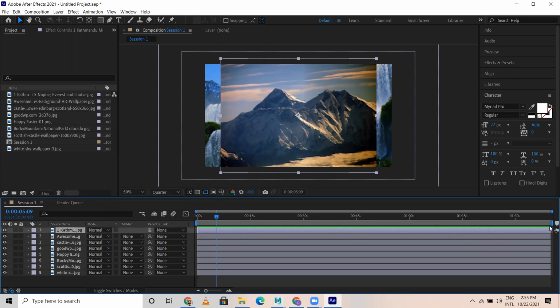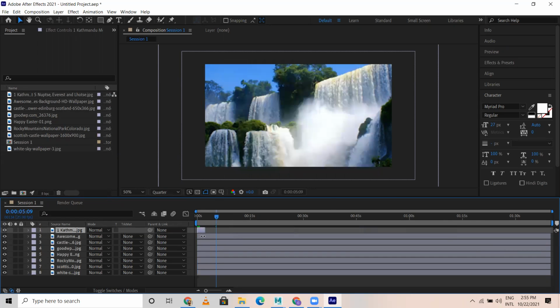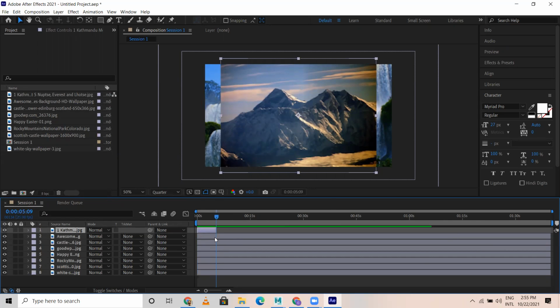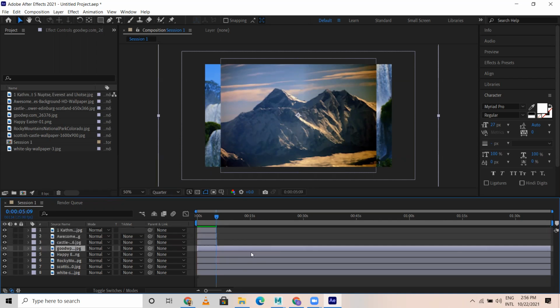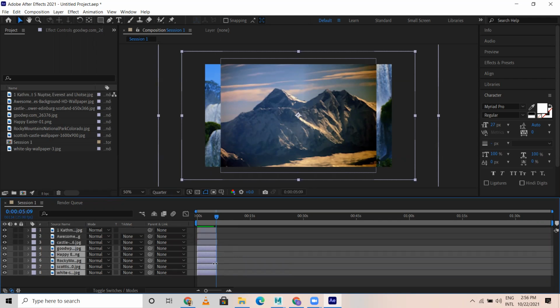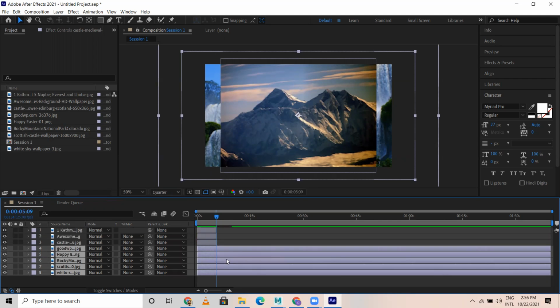Again, there are two options. You can select the second one, and drag and drop here to 5 seconds. Select this, you get a slider here, and you can drag. This is one option. I'll show you another option. I can select everything and drag all of this at once. Simple, right? I'll show you one more option.